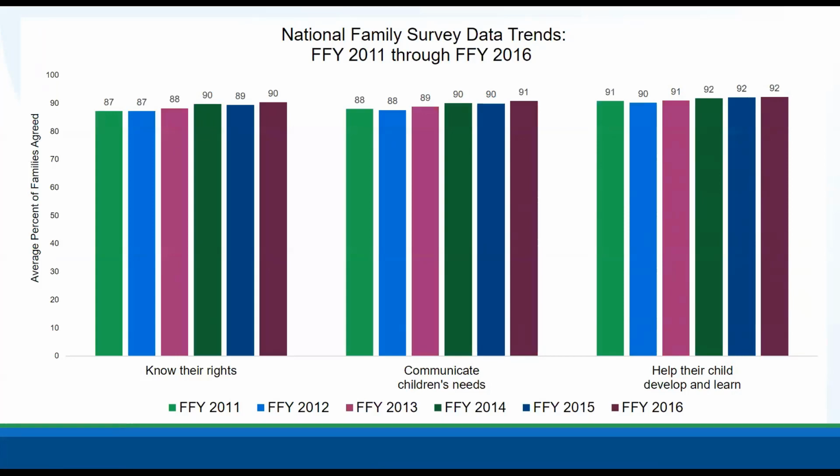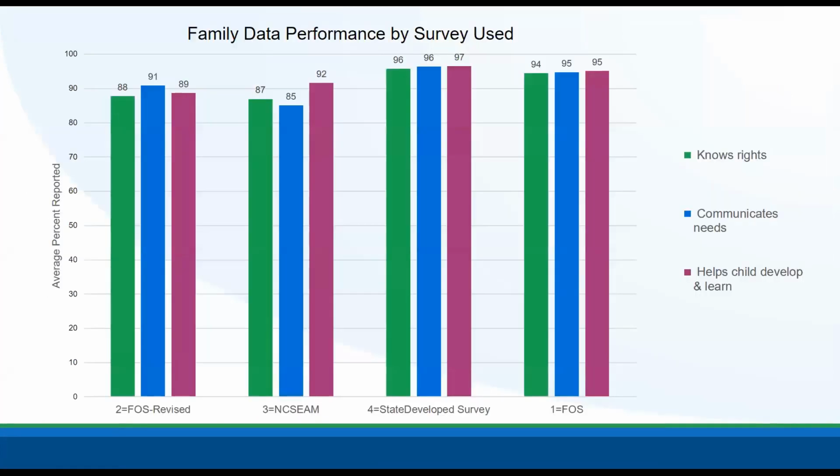We have one more slice that will show you the performance by the survey used, which shows a little bit more variation among the subgroups. Just a reminder that when we're looking at the state-developed survey, for example, the third cluster, that includes multiple surveys in that category. And for all of the categories, there is some variation in the scoring metric or cut points